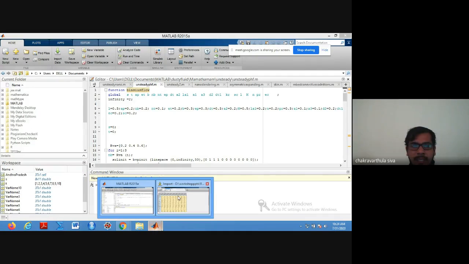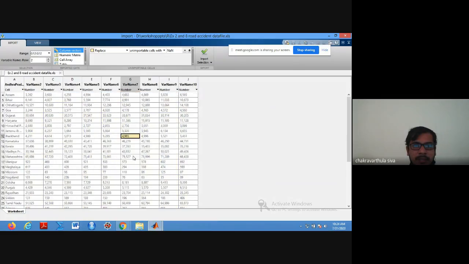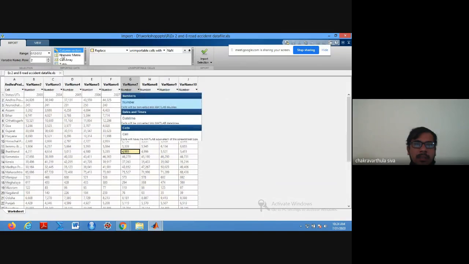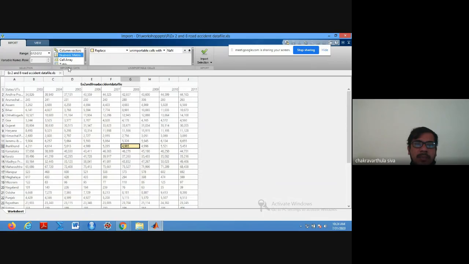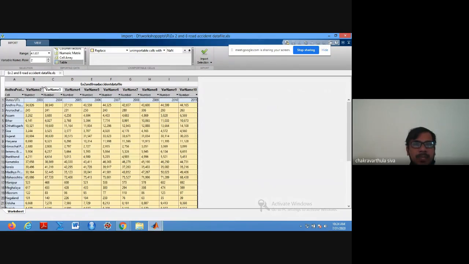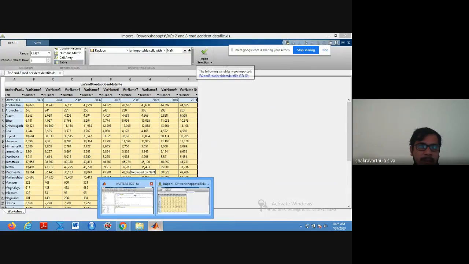We have only 10 by 37, but we did not get this data. You can import as a column matrix, the entire matrix, cell arrays, or a table. So just click on table, Control A, and click on import selection, so that it adds to our workspace directory in MATLAB.